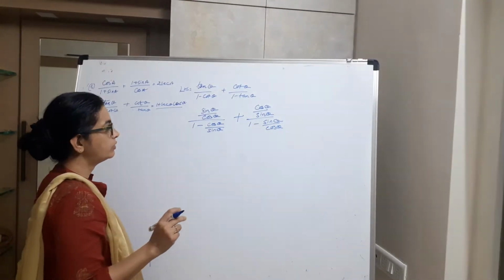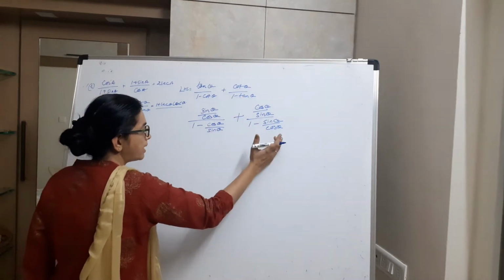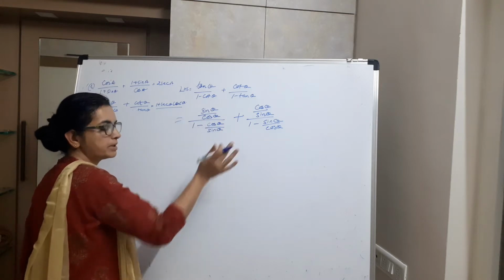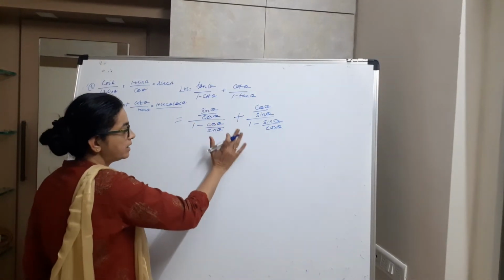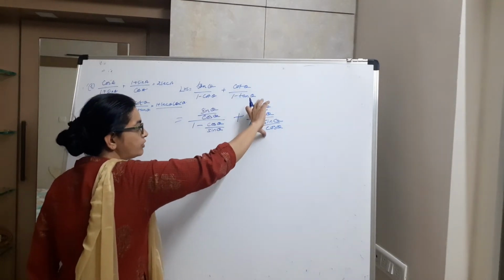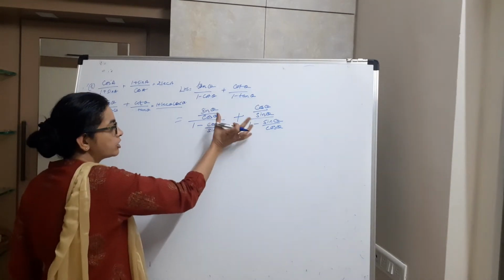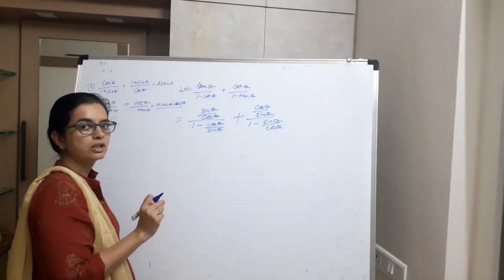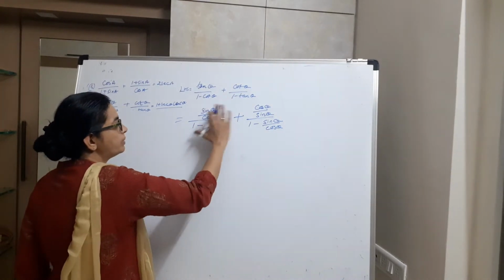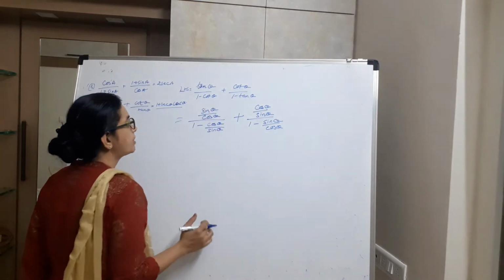Here I would like to tell you one important thing: keep this part separate and this part separate. Don't jump to take the LCM in the first step itself. We will take the LCM, but that will come slowly. After we solve this part entirely, then only start taking the LCM. Don't mingle these two together, otherwise it will become very complicated and you won't arrive at the answer. So solve this part and this term separately.